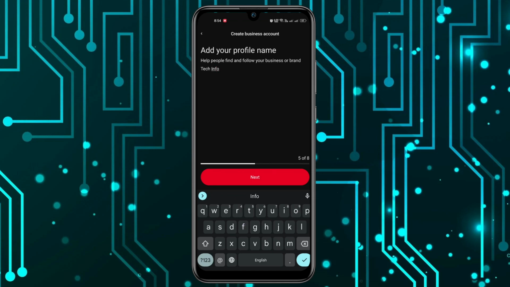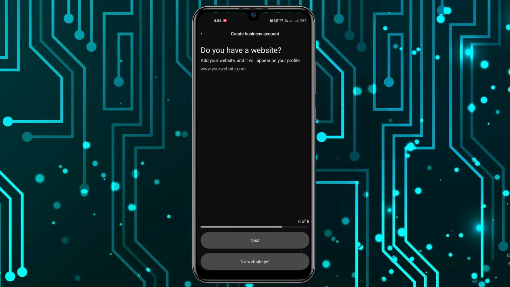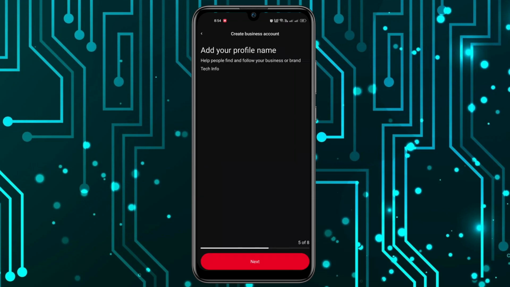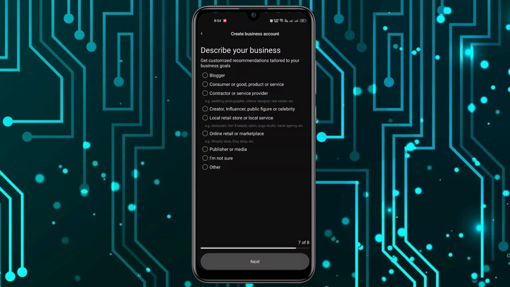Now I have to click on next, and now it's asking if I have a website. So if you have a website, you can type in that website address, or you can go back and click on next, and then you have to click on no website yet. Now you have to describe your business, so you have to select what type of business you are running. So I will, let's say, put consumer goods or product or service, or contractor or service provider, and now